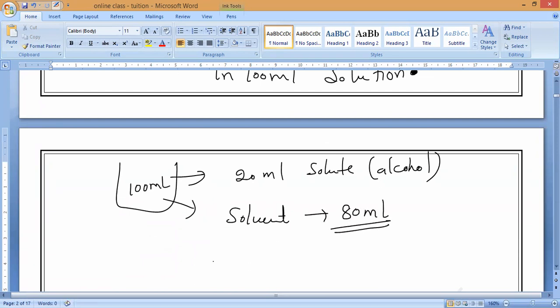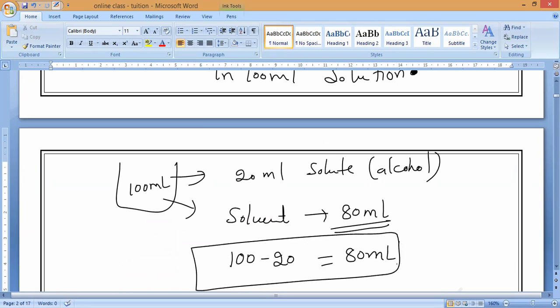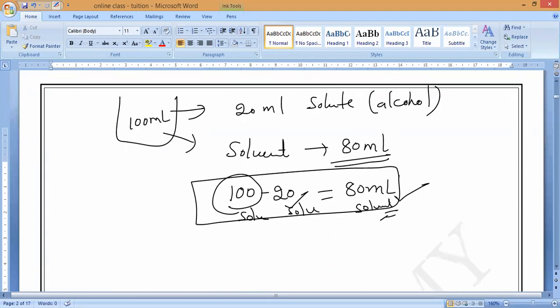Is it yes or no? Because we know that 100 ml minus 20 ml equals 80 ml. This is the solvent. This is solvent, this is solute, and this is the solution. Is it yes or no, guys? You have to remember. So if you observe here, based upon this only, we are going to find now the concentration